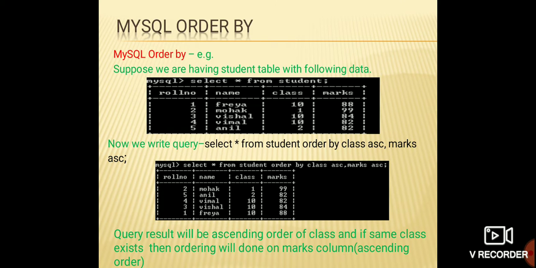So what you will do, I have made the query here as marks in ascending order. So it will display first the 82 mark, then it will display what? The 84 mark, then it will display what? The 88 mark. Okay, like the output you can see here.